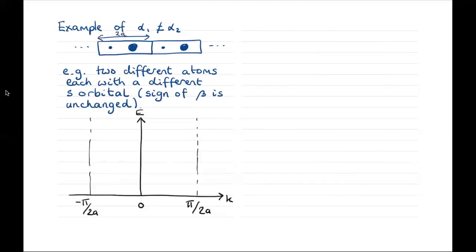I can't reduce it by saying, okay, my two atoms are equivalent, because they're not. Then let's put alpha 1 plus alpha 2 over 2 here. And this time my band structure looks like this,